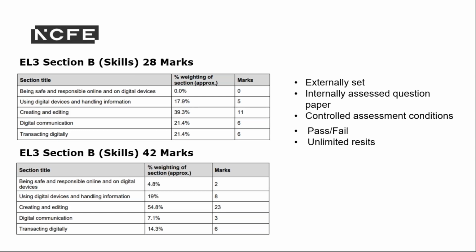And if a learner requires a reset, they will need to reset both sections of the assessment, so that's section A and section B. And if the learner does not achieve their assessment, they should have a period of teaching and learning before resetting. And learners will be given 1 free reset with their registration fee, and then there'll be a charge of £5 per assessment after that.